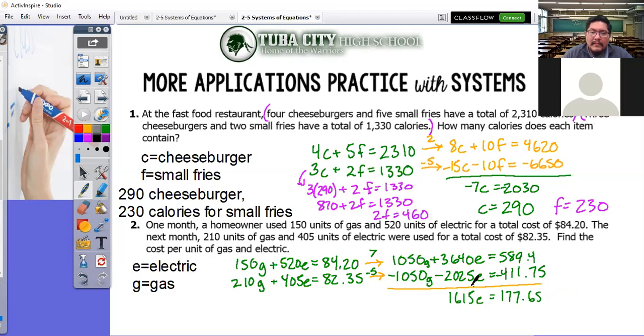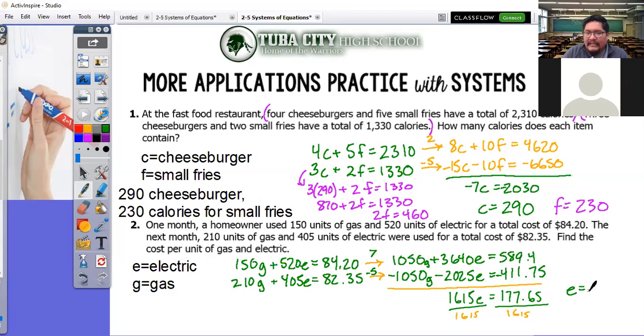Now, this one might look like a weird one because this number is 10 times bigger than that number. So you might be thinking to yourself, wait, how can you multiply something to get that other number? Well, okay, so let's just keep going and see if the answer makes sense. Oops. 1615. Now I'm going to go ahead and take that number and divide it by 1,615. And this gives us our unit of electricity, which again, we don't know what it is, but just by guessing,